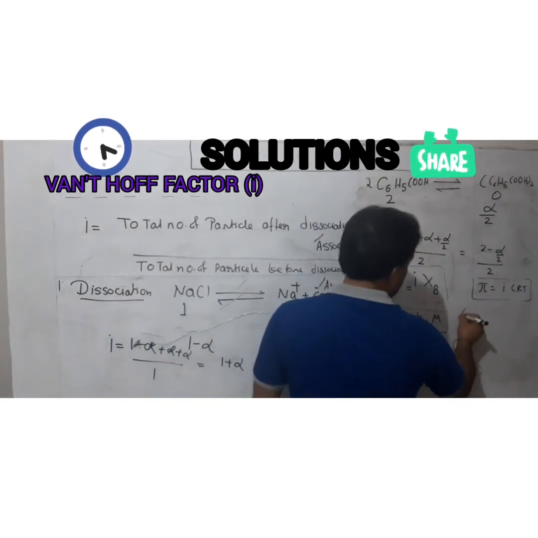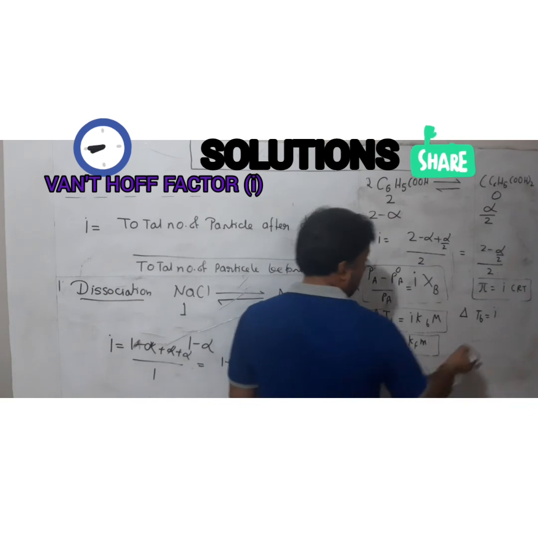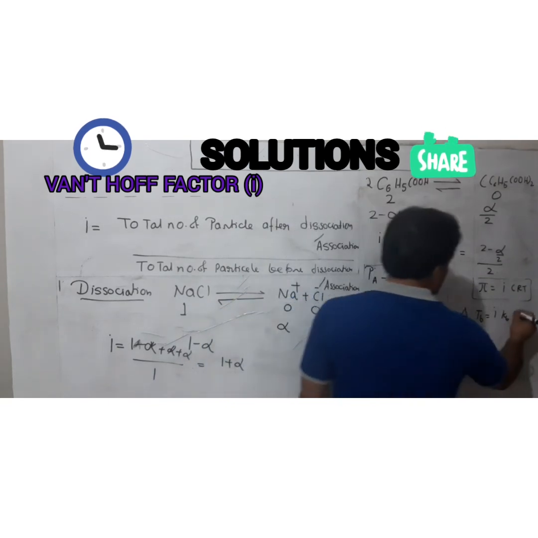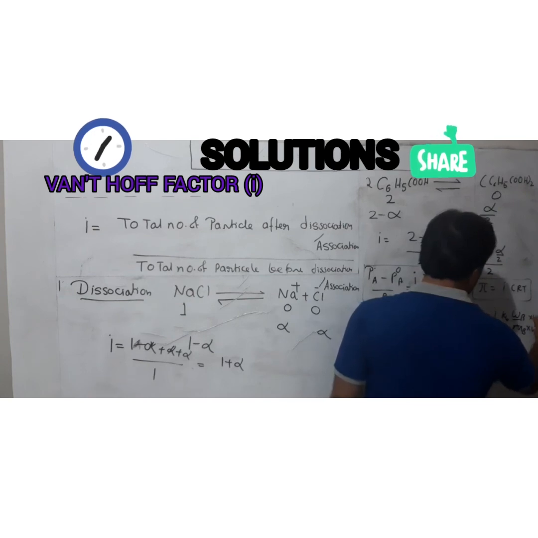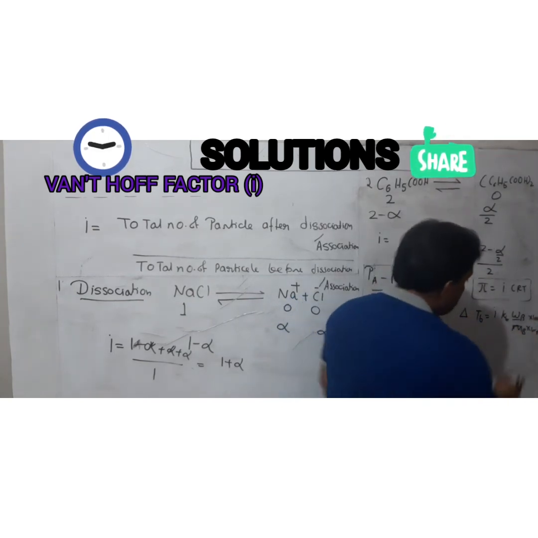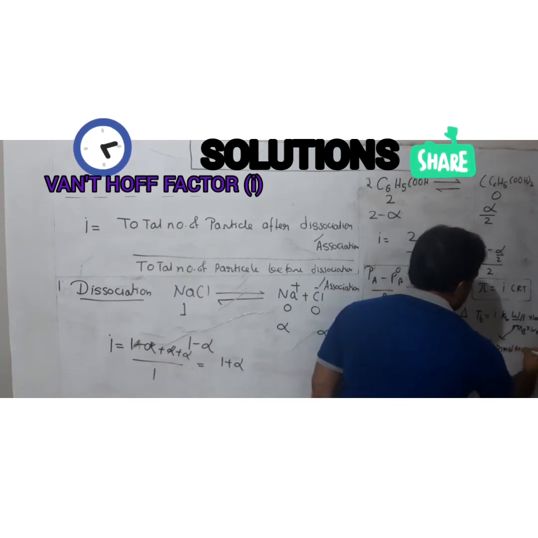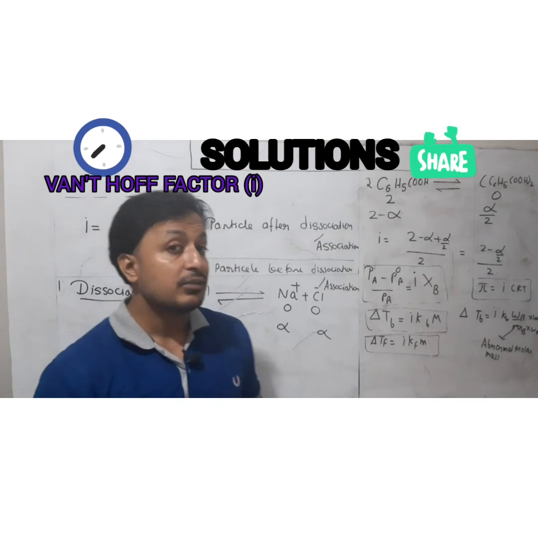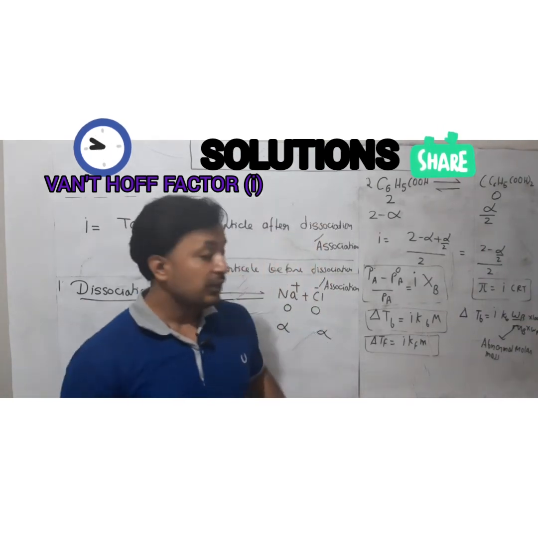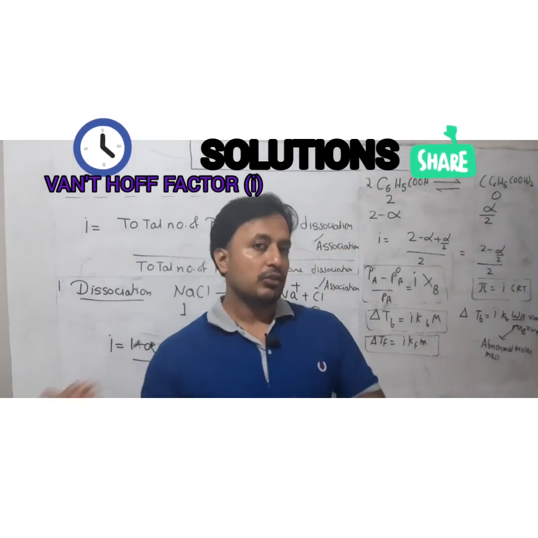Suppose I am giving you the example of elevation in boiling point, like delta Tb equivalent to i Kb m. If you know the value of i, that depends, and Kb value will be known to you. Then m is molality, which you know. So here you can use the formula of Wb upon Mb multiplied by Wa into 1000. When you use this formula, this Mb which you can calculate here will be your abnormal molar mass. So abnormality will be there only when the case of dissociation or association is there, because then only the case of Van't Hoff factor will be there. That will be mentioned in the numerical.